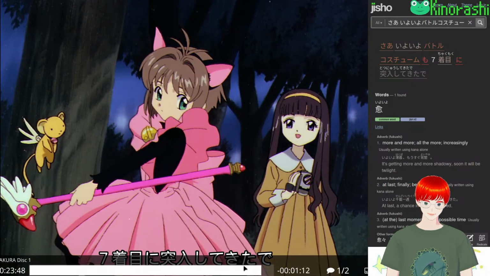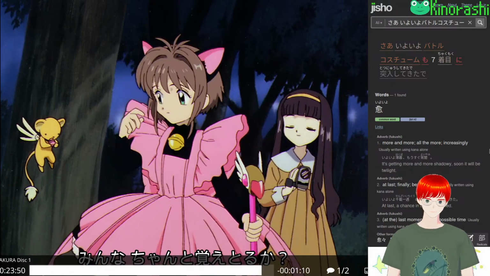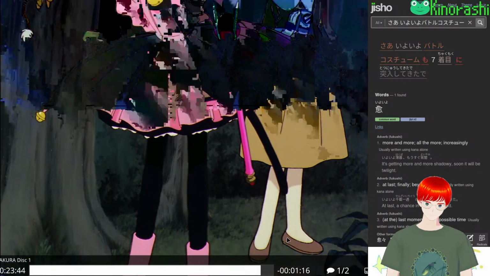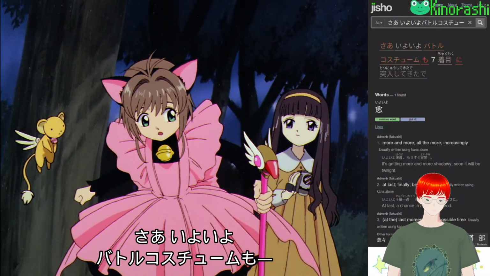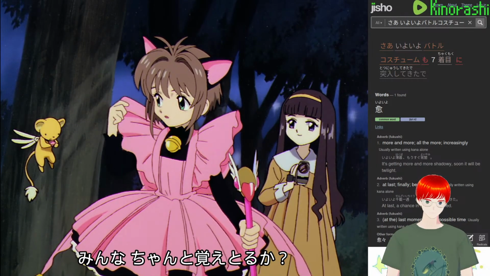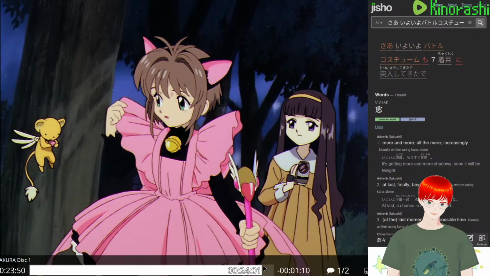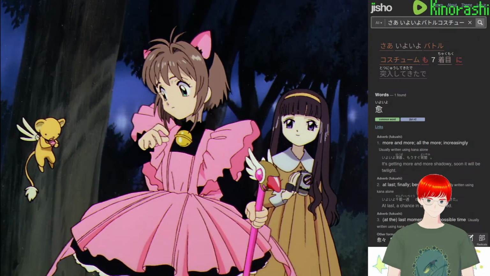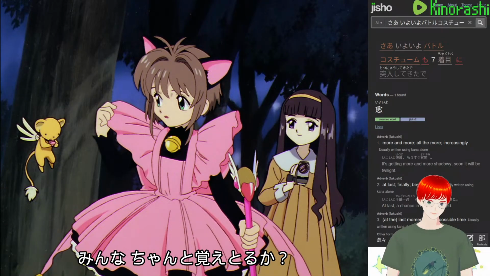コスチュームも7着目に突入してきたで。みんなちゃんと覚えとるか？みんなちゃんと、見えとるか？